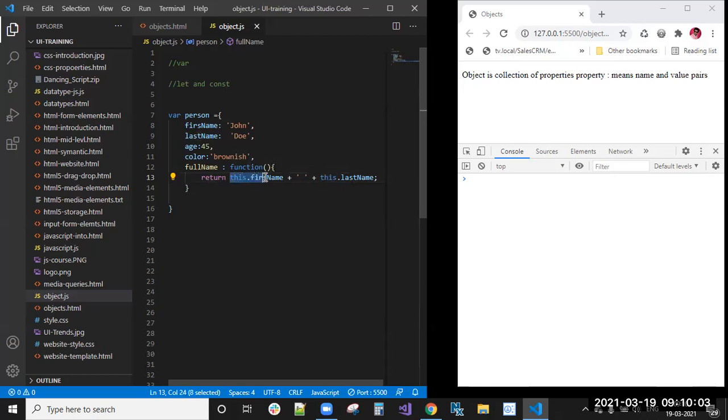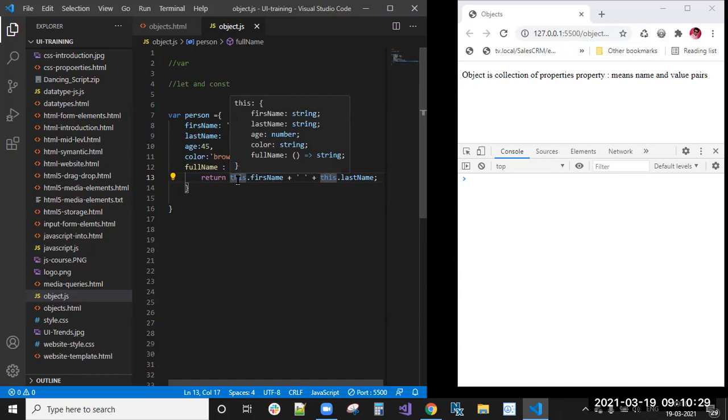What is this here? This is the owner of this object, meaning it has all these property names and methods. It will access all the properties and all the methods in that object.